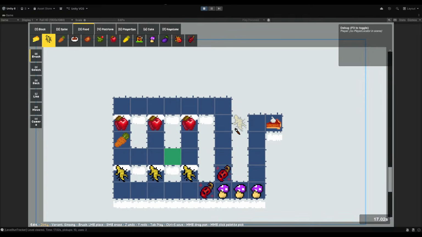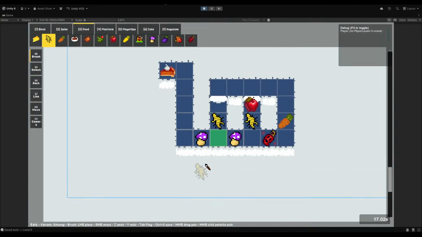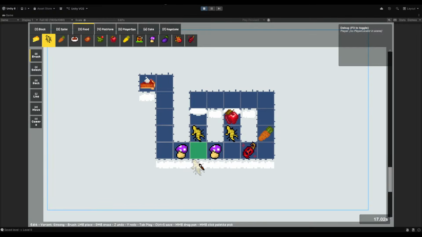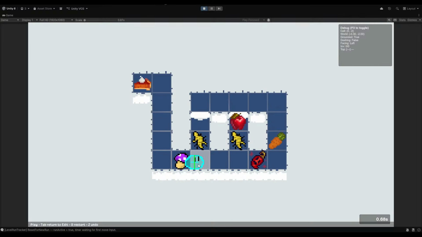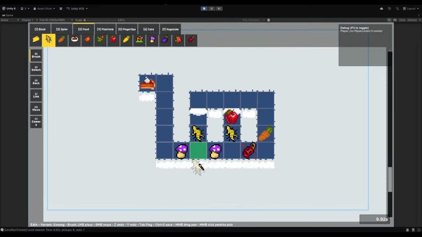I think that is fine. How does this differ from that other level? I need to go look. Snail pepper. Is it the same? I don't think it's the same. So how did I beat this level again? I think we get apple, kill. Yeah, no, this one's simple. This one's much simpler. This one's a lot more straightforward.